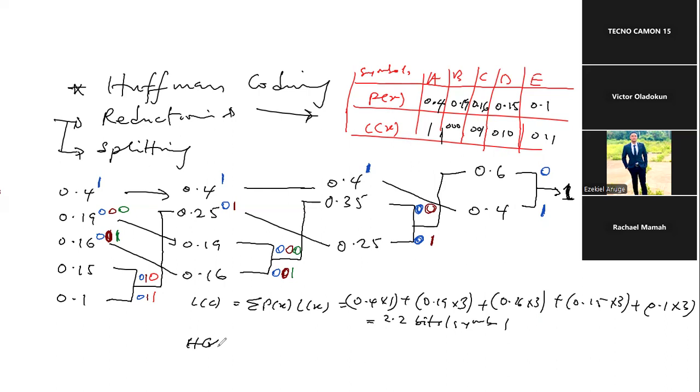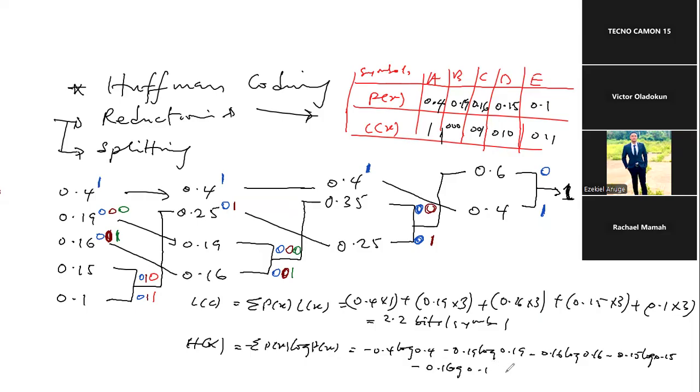And then the entropy, H of X, will be the same as the negative of the expected value of log p of X, right? So this is going to give us negative 0.4 log 0.4 minus 0.19 log 0.19 minus 0.16 log 0.16 minus 0.15 log 0.15 minus 0.1 log 0.1. Now you know that this is in base 2, so you have to do base conversion by taking log 0.4 base 10 divided by log 2 base 10, then you multiply by 0.4, and you're going to get in all